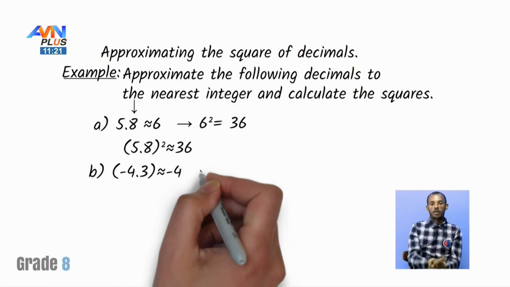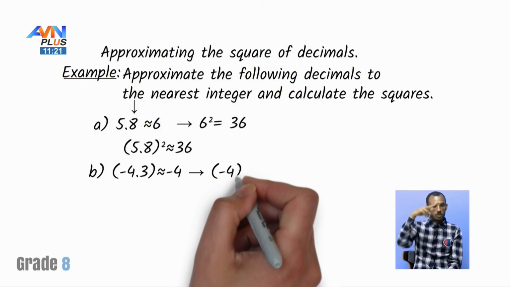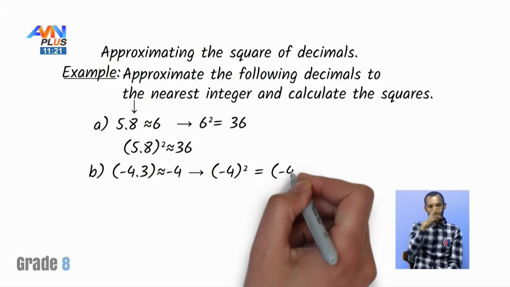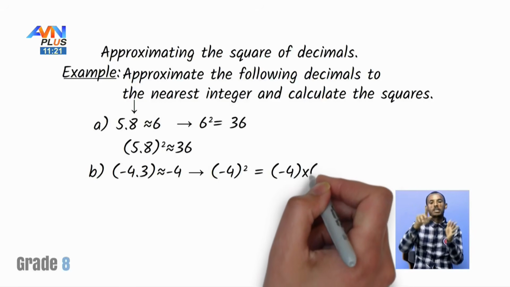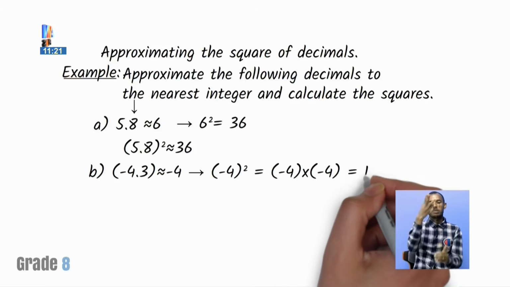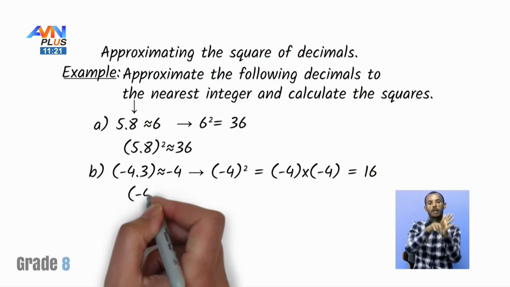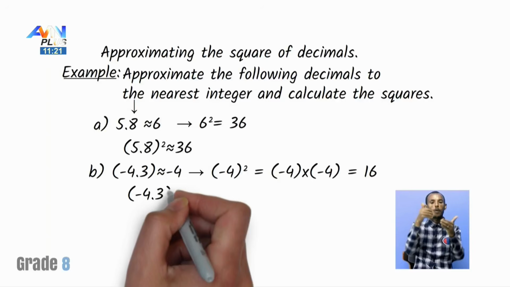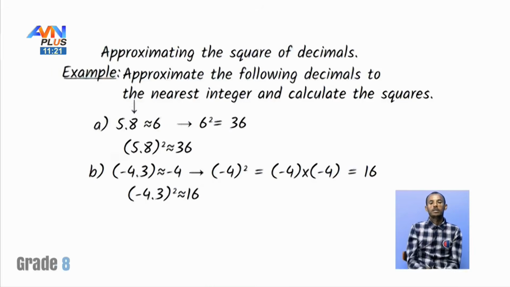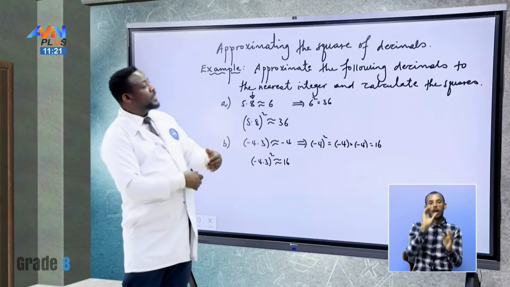Okay, so the squared value of negative 4 is positive 16, because negative 4 square means negative 4 times negative 4. Its result is 16. So we can say that minus 4.3 the whole square is approximately 16. Okay, so this is how we approximate a certain decimal to the nearest integer and calculate the squared value